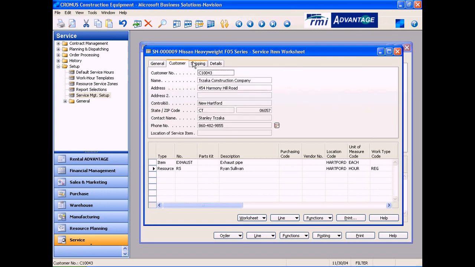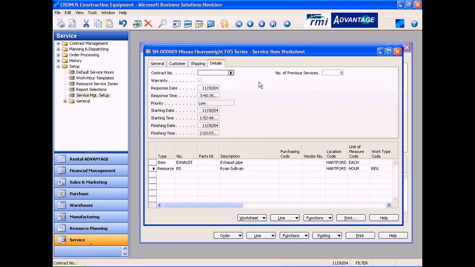Okay, on the customer tab, I did not review this yet, but on the customer tab, it shows the customer number, the shipping information, and then as well as the details. And now you'll notice that the response date and time is filled in, okay, as of 3:40. Shows the starting date, starting time, shows the finishing date and finishing time. You'll notice we just finished working on this piece of equipment, so it entered that